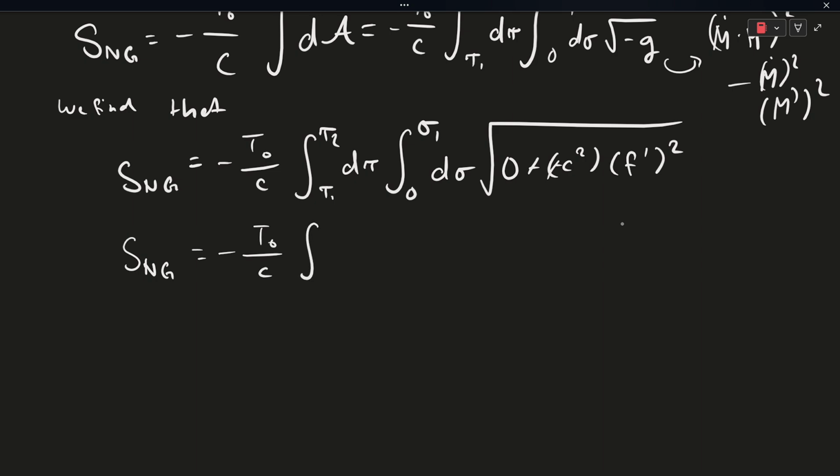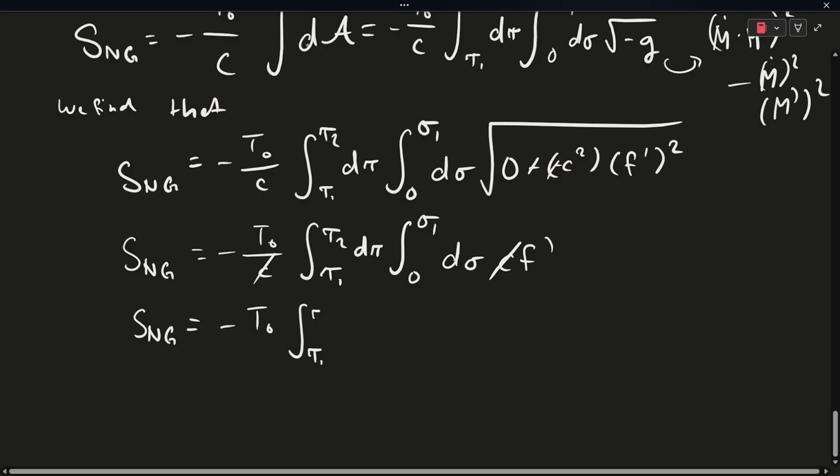So, going back to the integral, I get tau 1 to tau 2, d tau, integral from 0 to sigma 1, d sigma. So the squares cancel out with the square root, leaving me with c f prime. Oh no, the square would go away. Sorry, my bad. c f prime. And the c would cancel with the c at the front. So the action is negative T0 integral from t1 to t2 d tau,